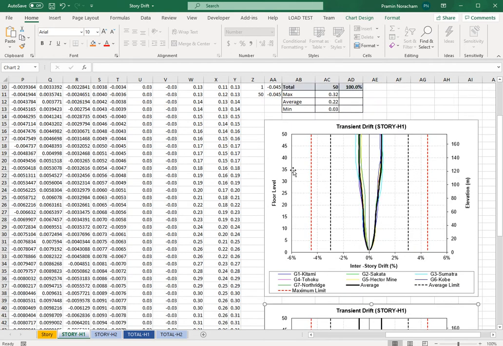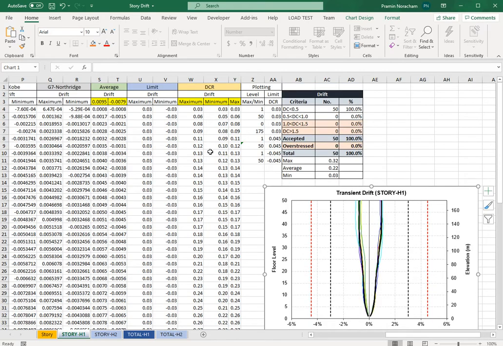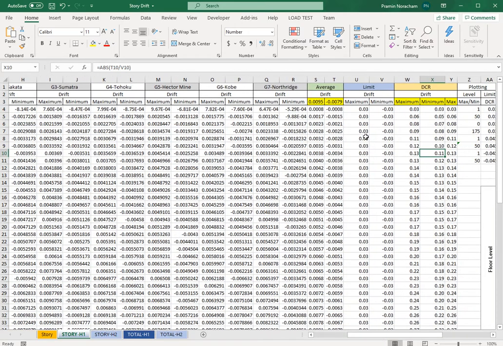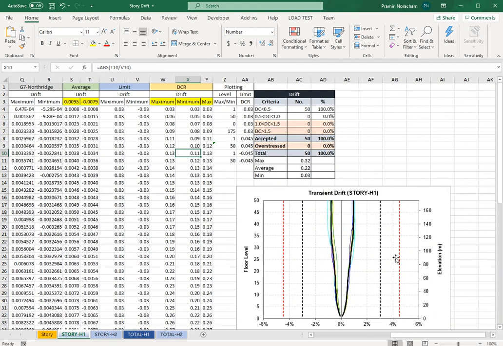The graph will be in a good format, ready for you to just copy and paste into the report. You can imagine if you had to prepare this information by yourself, you would need to copy to Excel for each ground motion, manage each location, do the average, prepare the limitation and plot the graph according to the number of ground motions that you want to evaluate. It would take a lot of time. By using PX, it will save your time and be easy.